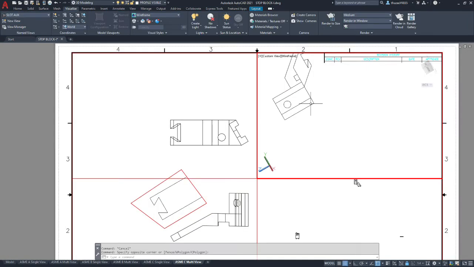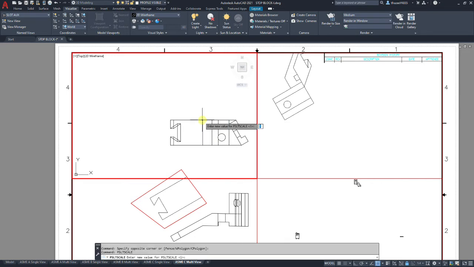Okay, now that we have everything aligned, we're going to go to each viewport, and go through the procedure for setting the linetype scale. We're going to type in PSLTSCALE, and use the ratio 1 if it's not already set.